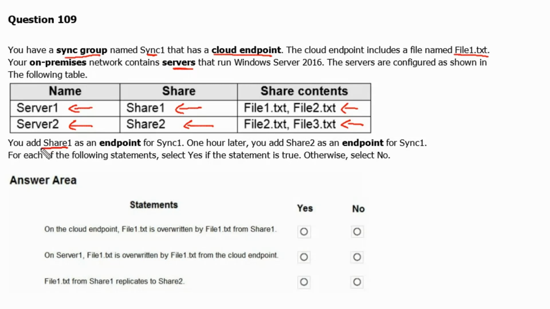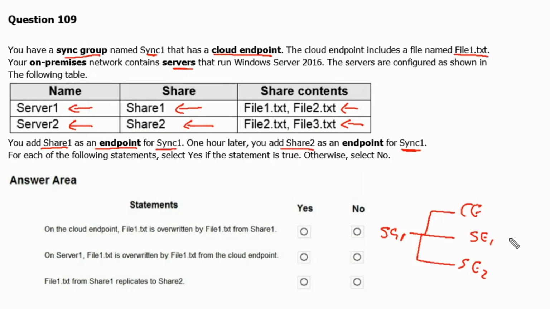You add share1 as an endpoint for sync1. One hour later, you add share2 as endpoint for sync1. For each of the following statements, we have to check. As per this question, the diagram would look like this: we have sync group sync1, which has a cloud endpoint and a server endpoint which is share1 and another server endpoint which is share2.